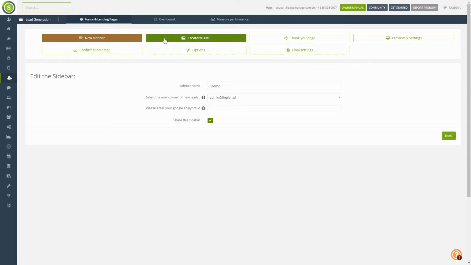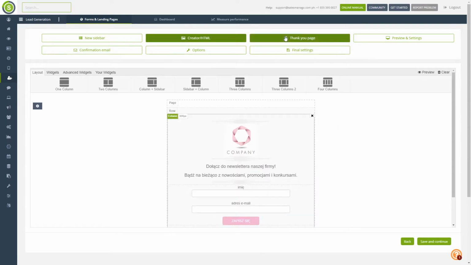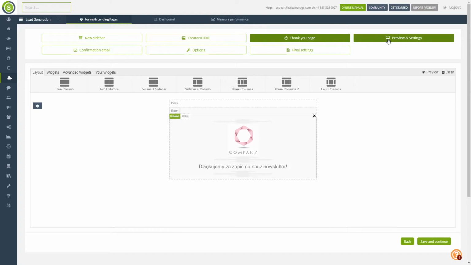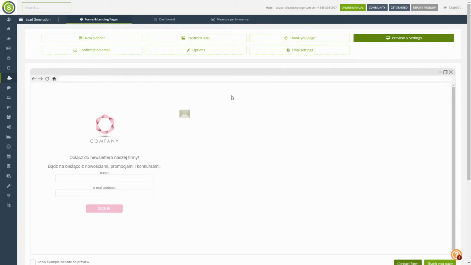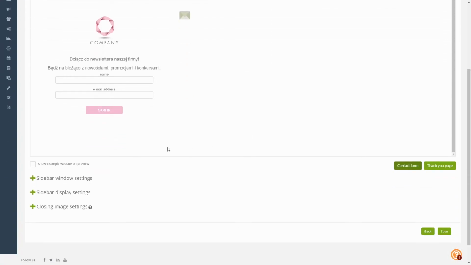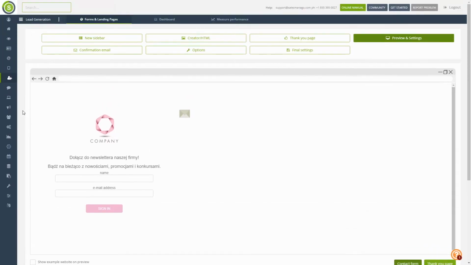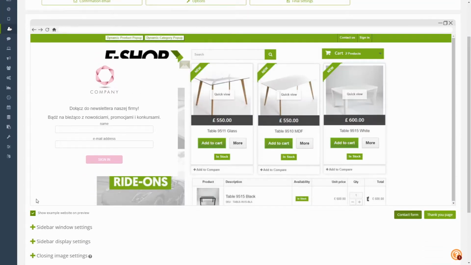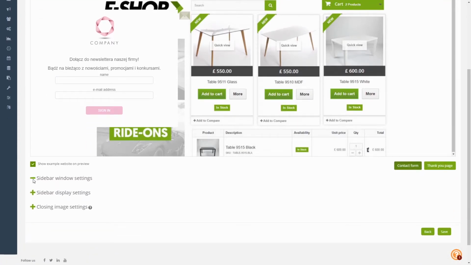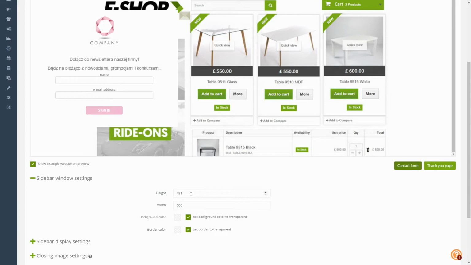The sidebar creator goes through the same steps as the landing page creator. There are, however, few additional settings. For example, the preview panel allows us to add a few more settings. Namely, we can change the settings of the window including the height, width, the background and border color,